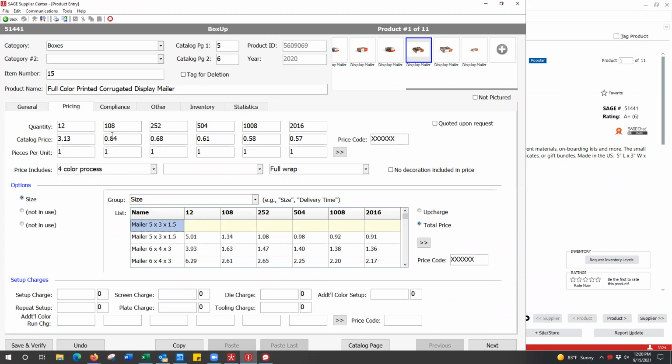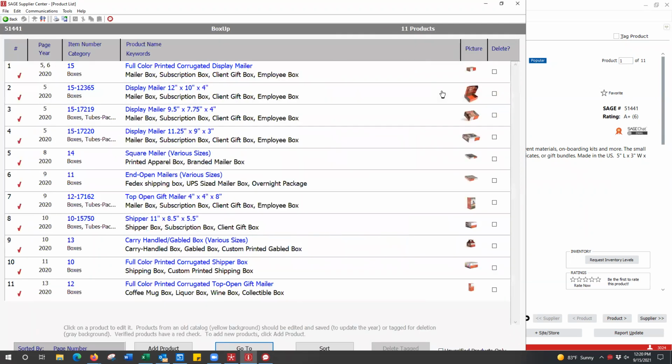John and I wanted to list our most popular boxes within the products section of our booth at the show. So we went in and individually added all these other sizes. It was a little urgent because we were scrambling to do it before the show. Our plan is to go back and add each box size and style, so that we have more products and more potential visibility on all of our boxes.